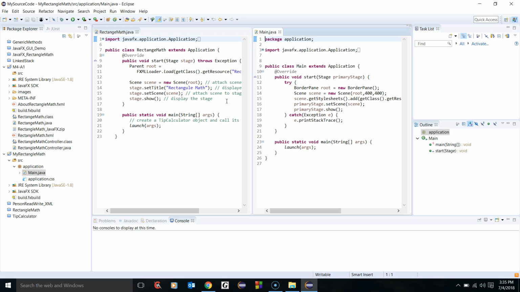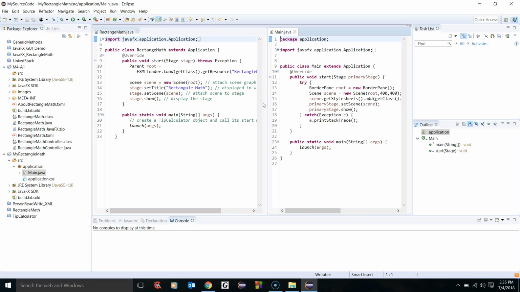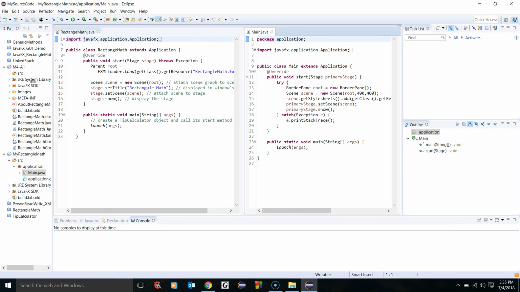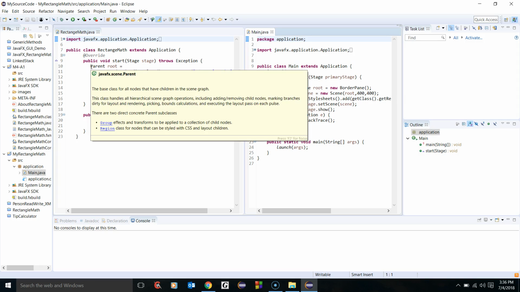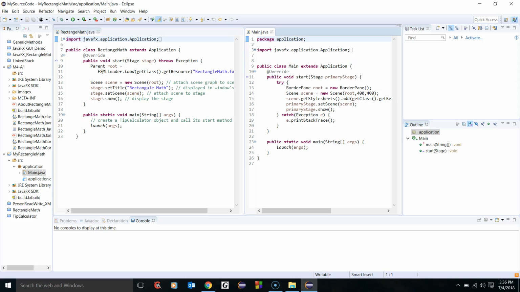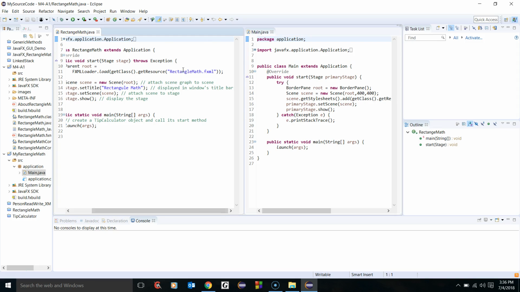The other very important difference is right here. Notice that in the rectangle math file that actually has the main method that gets executed, instead of border pane root, it's called parent root. And we've got this fxml loader.load method that gets called. And here's where we reference the rectangle math fxml file. So this may be what you were missing when you were trying to set things up, because that's not how